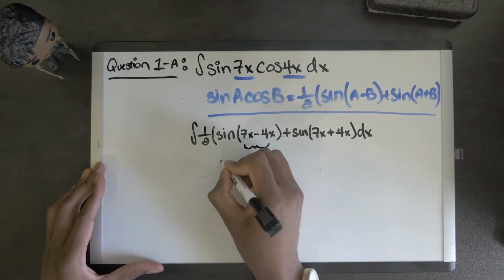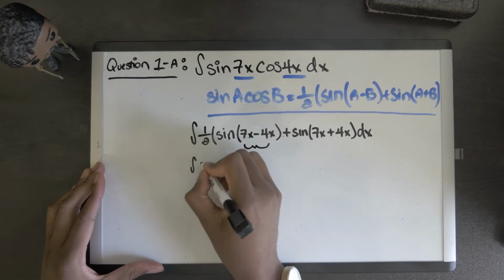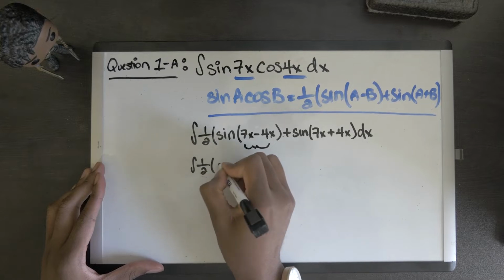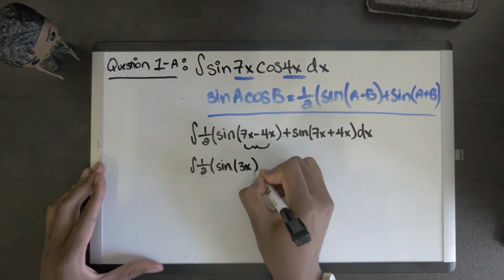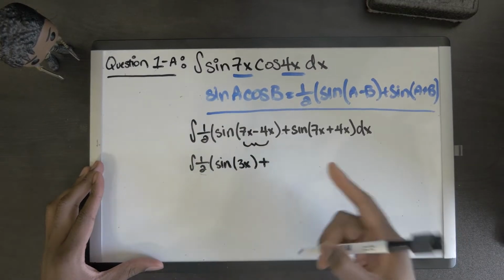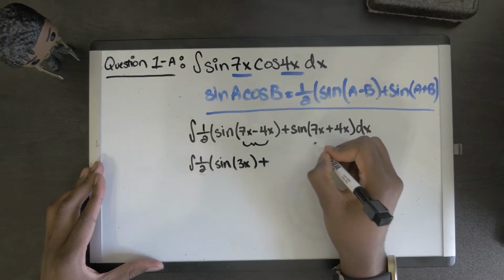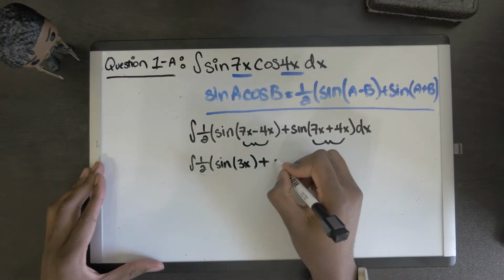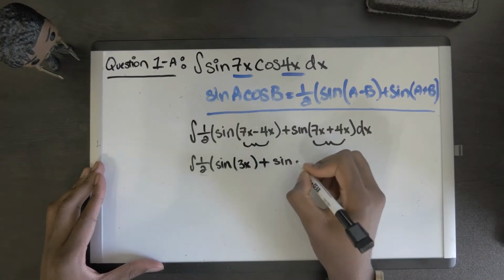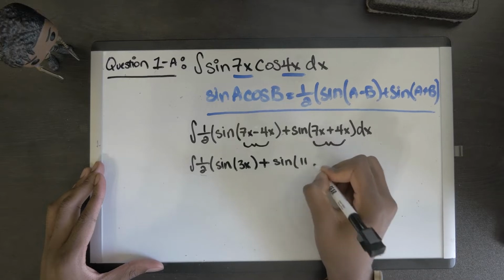So we know that's going to be sine 3x plus, and this one's going to give us 11x. So we know that's now going to change to sine 11x